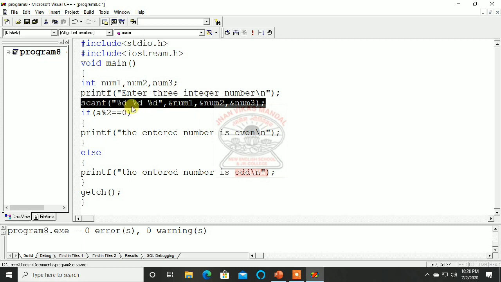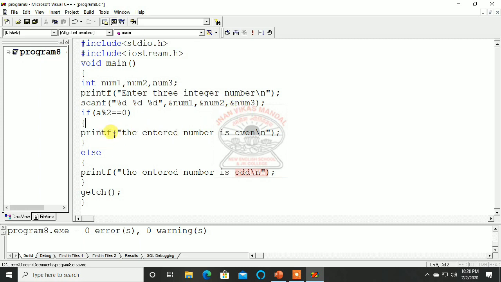Then here a space is there, so we have to use a space when entering: one number, space, second number, space, third number. So the first number will move on to num1, the second will move to num2, and the third will move to num3. This is called mapping. How these 3 are mapped: the first number will go to num1, second to num2, and third to num3 automatically.